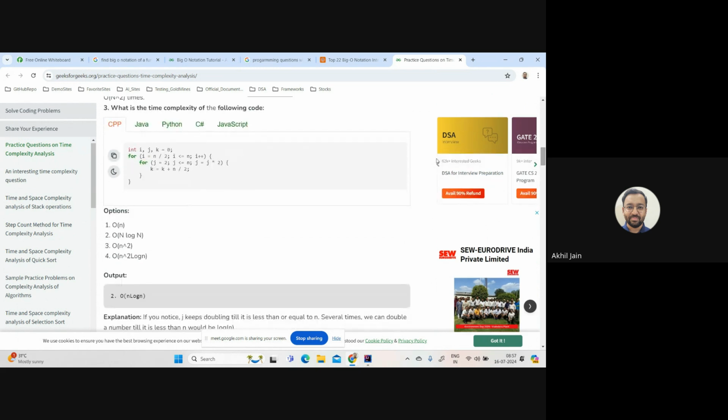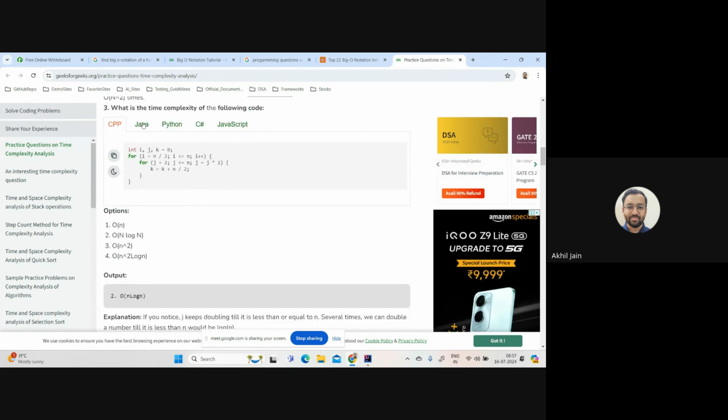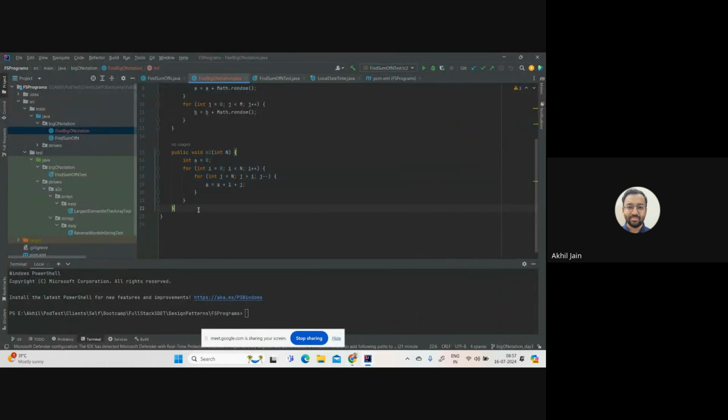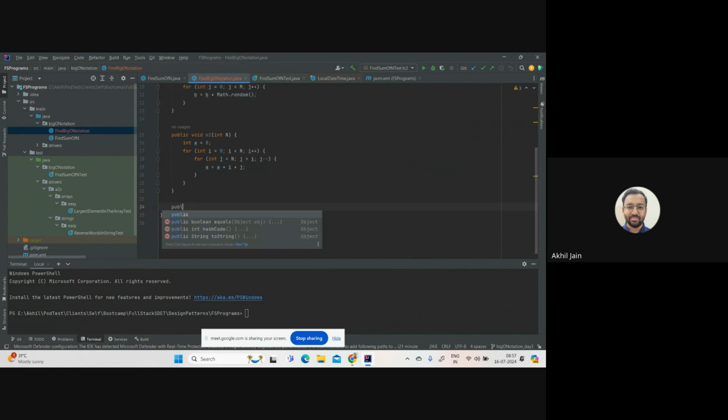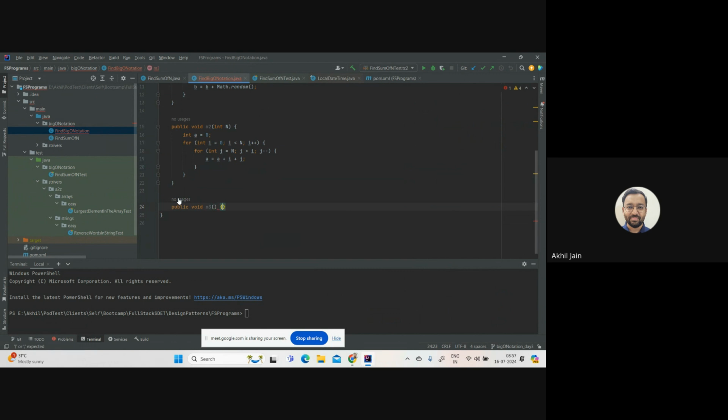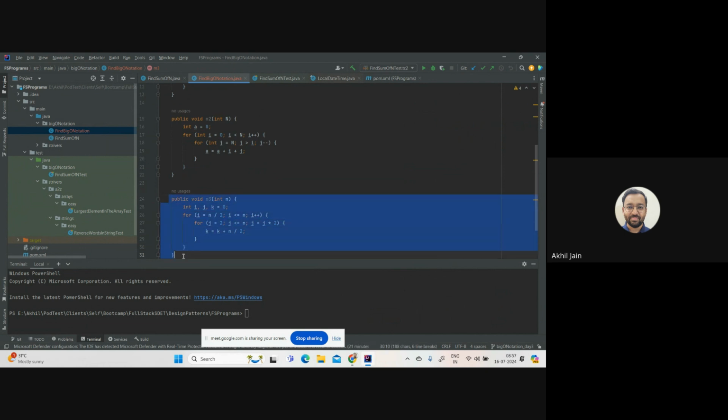What is the time complexity of the following code? Now, if you look at this, it has code like this. Let me grab this and place it here. This is public void m3, and we have this value, and we will say int n, and I think we're good. Now let's look at this. We grab this again,